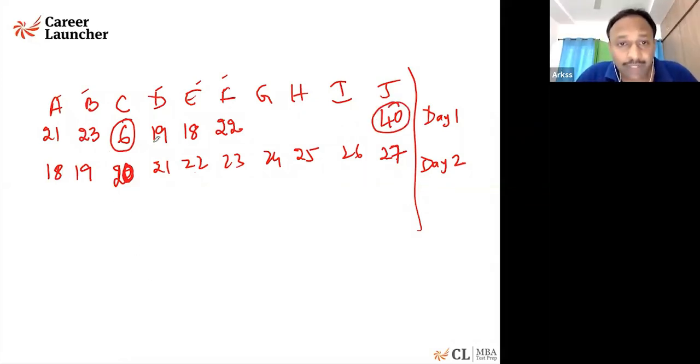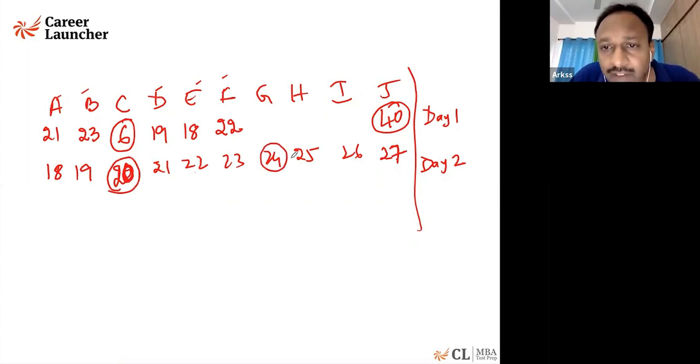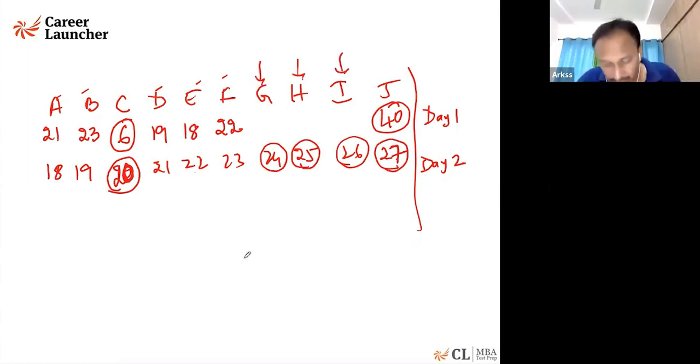So look at this. 18, 19, 21, 22, 23 is taken care of. 20, 24, 25, 26, and 27. These are the 5 numbers. One of these 3 will have. Each one of them will have out of these 5 numbers because 2 of them are different. The rest of them are not different.